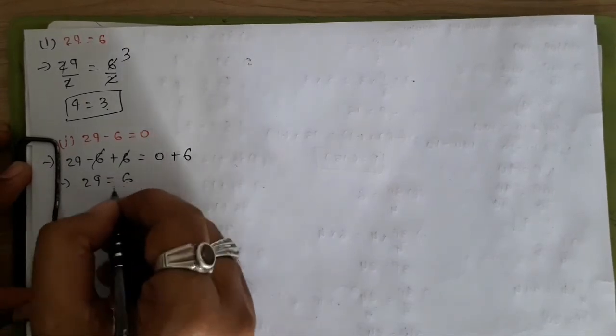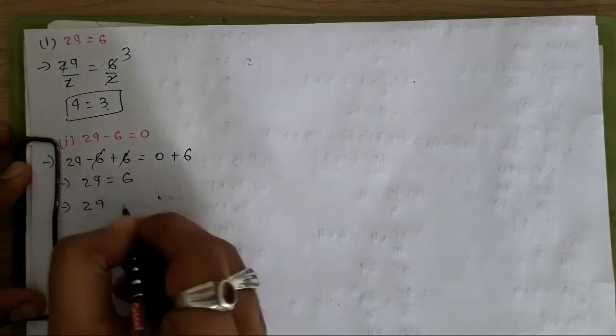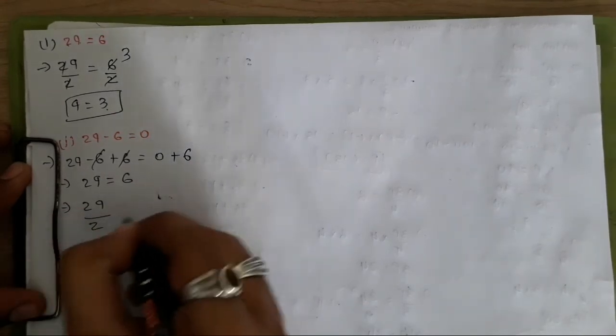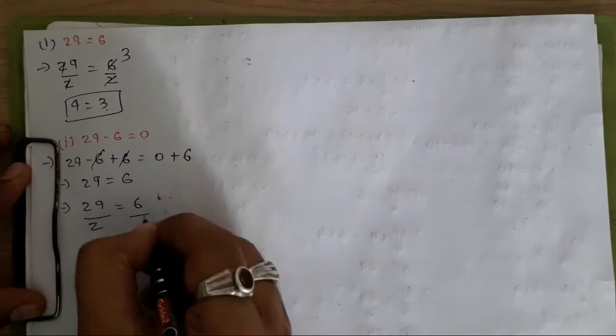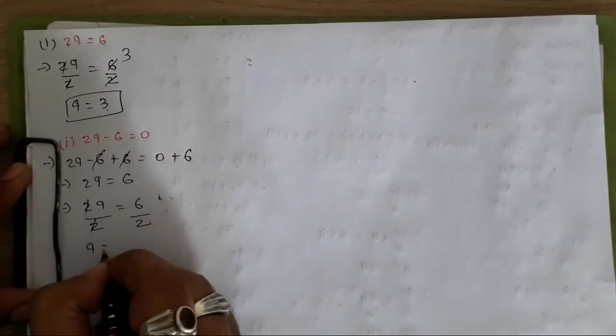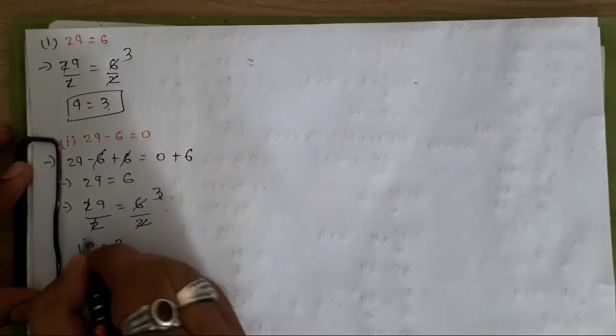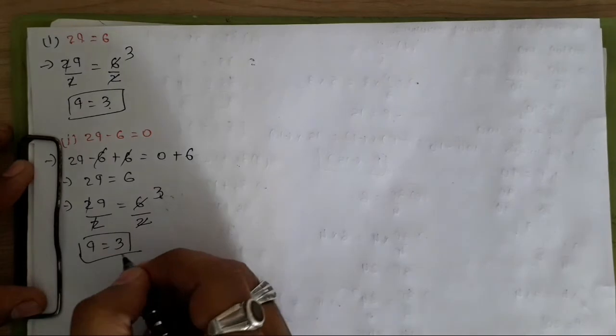Now this is the value of 2q. Now I have to find the value of q. So for that, I have to remove this 2. So I will divide both sides by 2. Dividing both sides by 2, 2 will be cancelled. So q is equal to, we all know 2 3s are 6. So q is equal to 3 is my solution for the given equation.